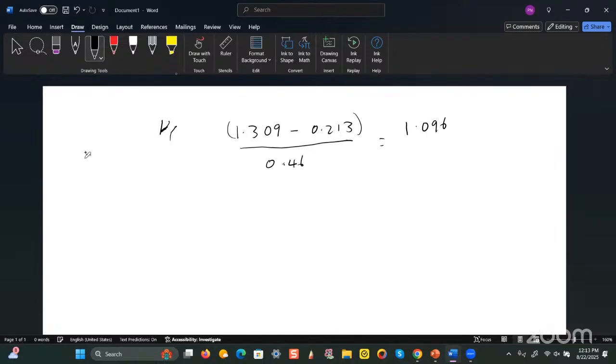And according to my calculation, I got 1.096. Now, according to the rules, because you have 3 decimal places here and 3 decimal places here, that means that this must be rounded off to 3 decimal places, which is what it is anyway, so we don't need to make any changes there, right? Then we divide that by the 0.46, right? And then we do that calculation. So 1.096 divided by 0.46. And on my calculator, I got